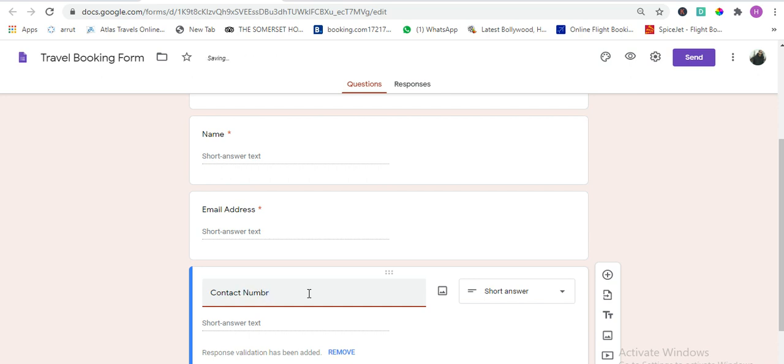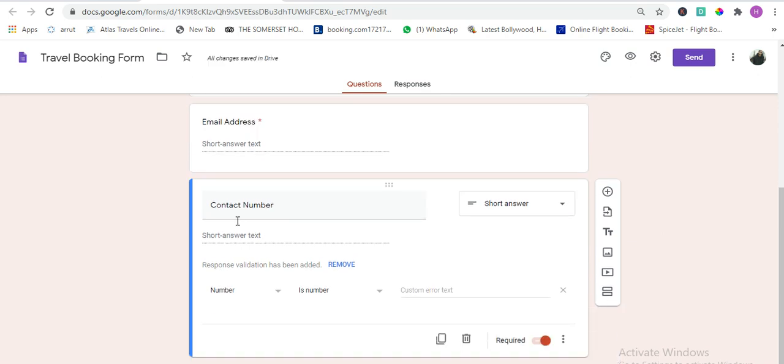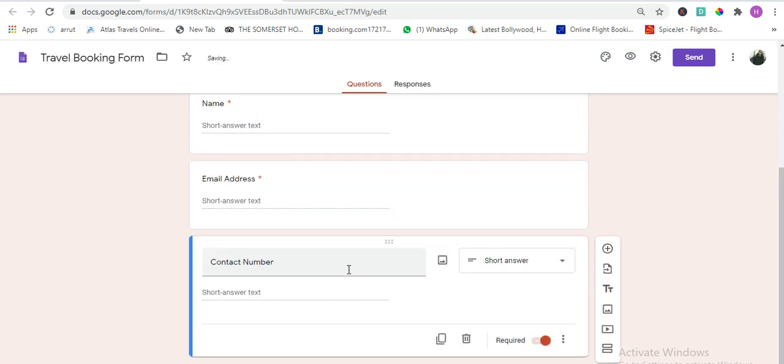Number. Remove all this response validation and so on. This is good enough. So this will be your basic first section.